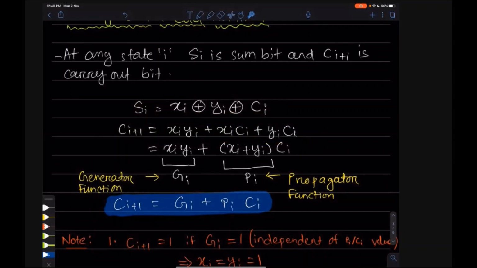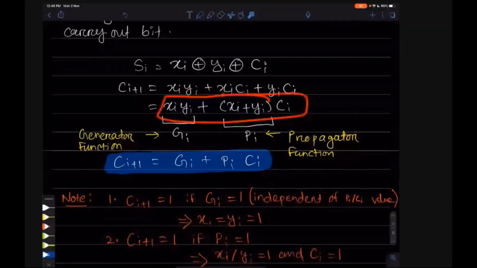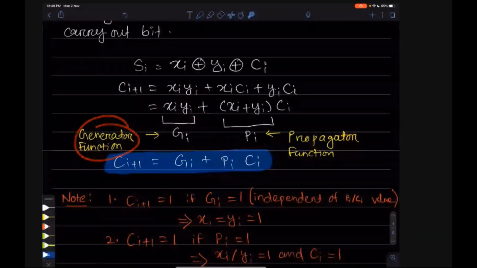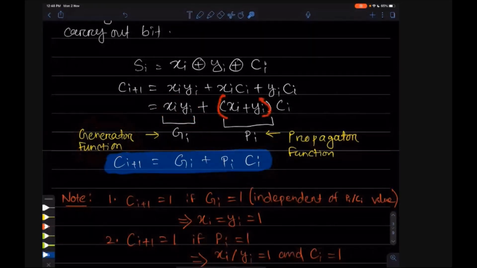Now we will do some simplification to the carry part. ci plus 1 is equal to xi yi plus xi ci plus yi ci. Let's take ci common. Then it will become xi yi plus (xi plus yi) ci. So let's define this xi dot yi as gi. gi is the generator function, and xi plus yi, with ci taken common, let's take this part xi or yi as pi, that is the propagator function.